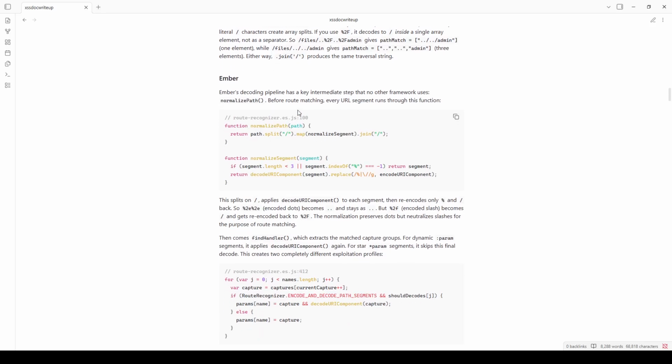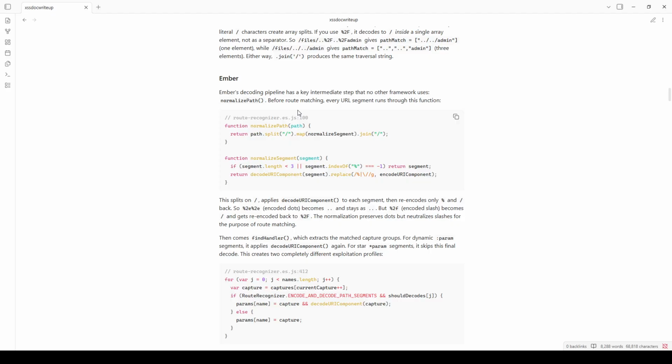So we've got some function that splits on /, calls normalizeSegment on everything, which tries to potentially decode it and then replace certain values, and then URI encodes certain values, and then rejoins with /. It splits on /, applies decodeURIComponent to each segment and then re-encodes only %2f and % back. So %2e becomes . and stays as .,